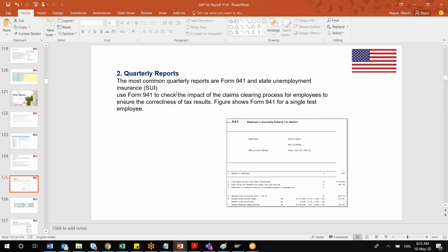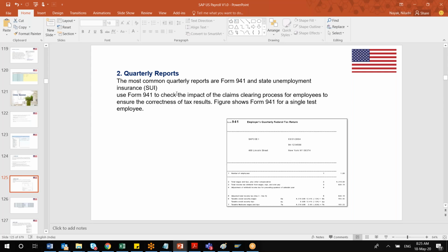Suppose the employee is clearing that claim. As a part of the claim clearing process, it will impact your tax also, because even if it is a small amount, $2000 US, it will still impact your tax related stuff. So what is form 941 used for?